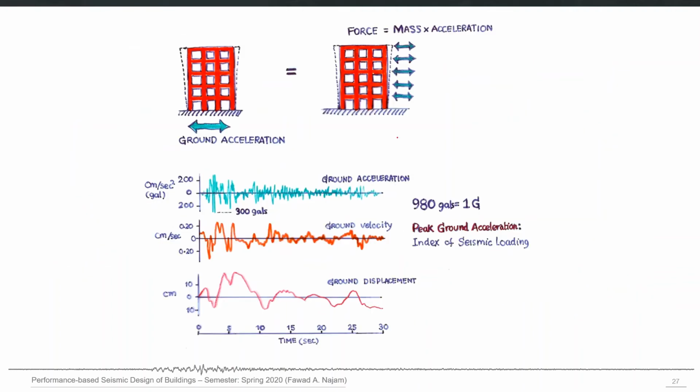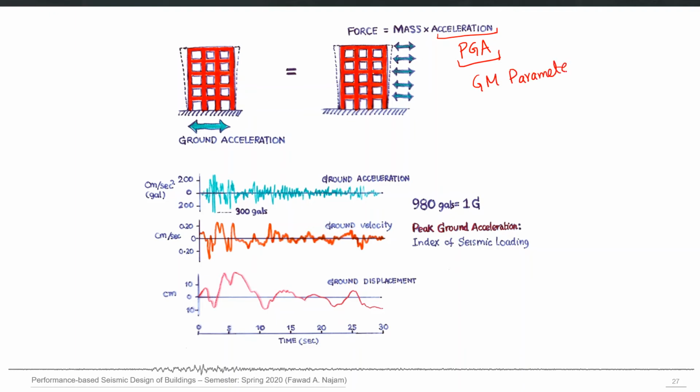And why are we mostly interested in the acceleration? Because we know already that the acceleration can be multiplied by the mass of the structure to calculate the forces, and those forces can be applied to our structure statically, and we can carry out the design, we can proportion our structure to resist those forces. So if we get the peak ground acceleration, we can convert that into those design forces. So this PGA is our design ground motion parameter,